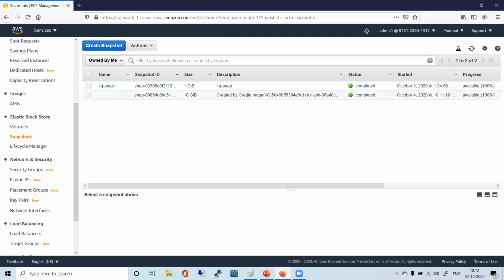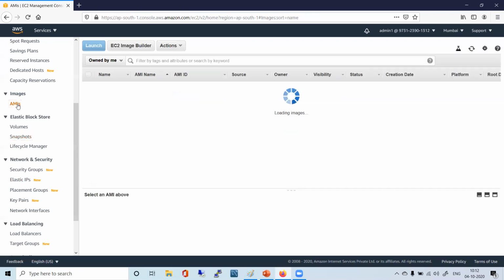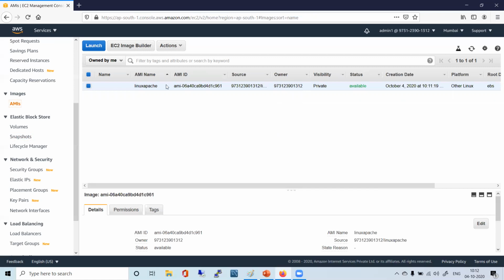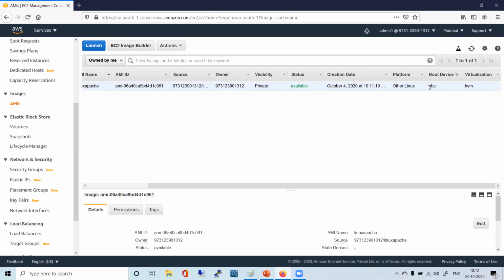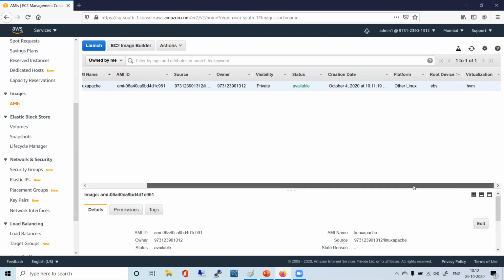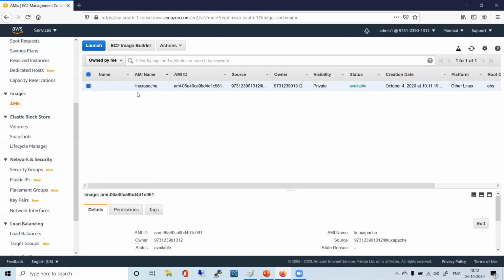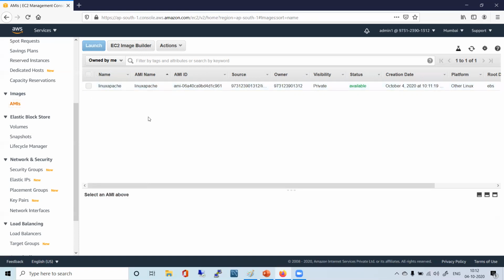So now you just understand this is a snapshot, and then apart from this snapshot, you got this AMI with a name, with an ID, and with other features, right? Now the root device, virtualization type, right? So all those features got associated with your AMI. So I'll just give a name here, just for my referencing purpose. So I have just given this name, right? So this became an image, that AMI.